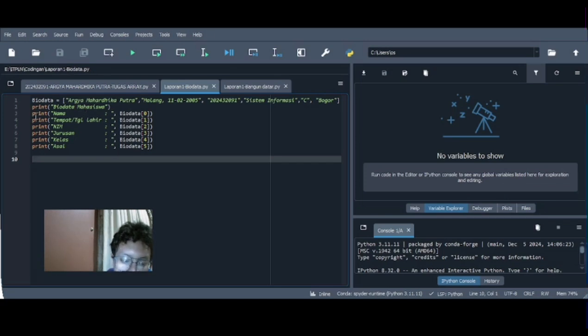And for the third line until the last line, it is printing each index from the array. For the first one, the print function prints the text name followed by the value biodata 0, or index 0 in biodata, which is Argia Madrika Putra, and the comma in the print function separates the text